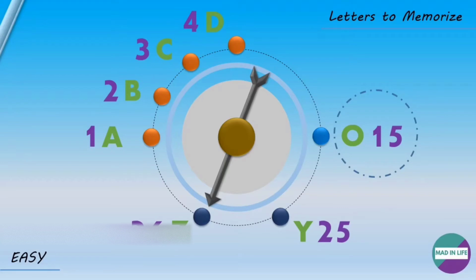Okay, so here I have highlighted O. You need to memorize that O 15. Repeat it with me, O 15. Now you can see here the letter E. Now take a look at this bar and just look at it. What's that? That's 5. Let me say again. It is the letter E, and that bar slides to the right hand side and it is 5. So letter E is at 5.